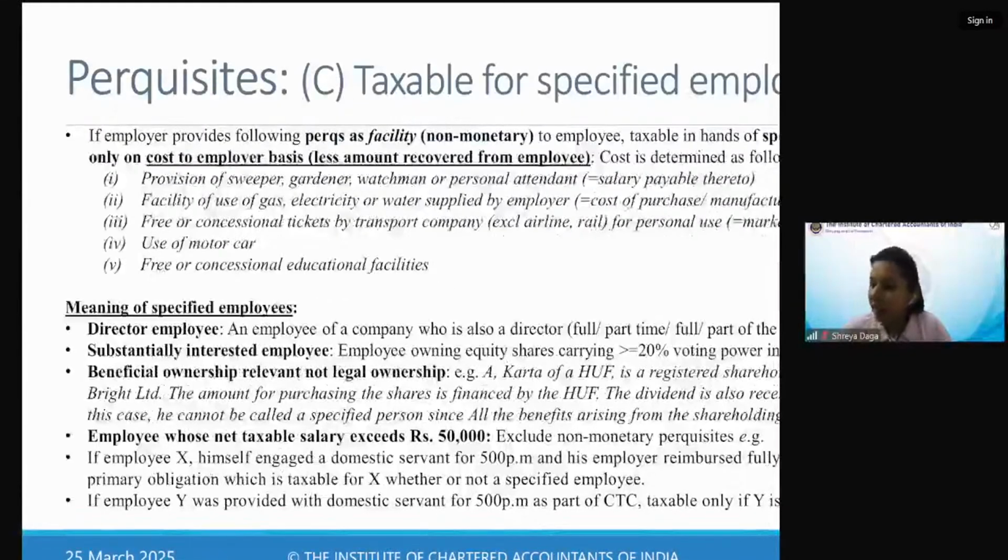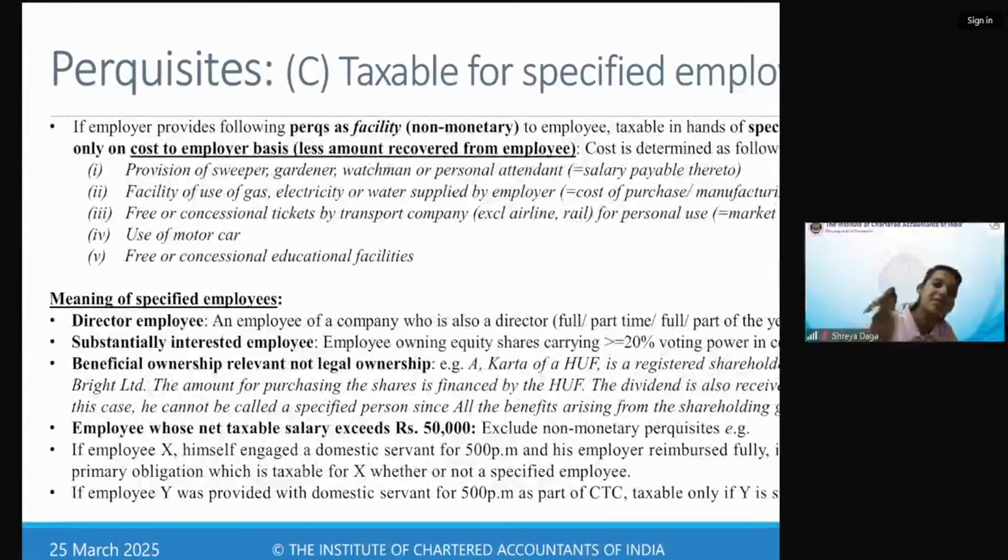तो नॉर्मली लेकिन क्या प्रिंसिपल है, अनलेस आप कोई स्पेसिफिक कंप्यूटेशन मैकेनिज्म पढ़ेंगे, नॉर्मल प्रिंसिपल इज जितना खर्चा एम्प्लॉयर ने किया वो ही एम्प्लॉय के हाथ में टैक्सेबल है, अदरवाइज एम्प्लॉय को खुद करना पड़ता। और अगर एम्प्लॉय ने कुछ अमाउंट वापस दे दिया है कि भाई इतना तो मेरे से ले लो वापस, तो फिर वो अमाउंट रिड्यूस हो जाएगा फ्रॉम टैक्सेबल परक्विजिट।